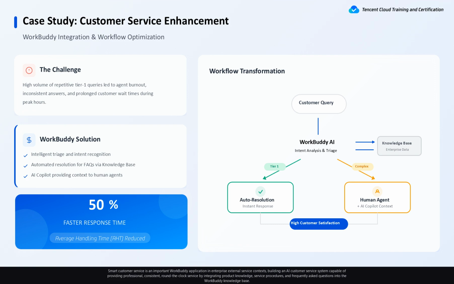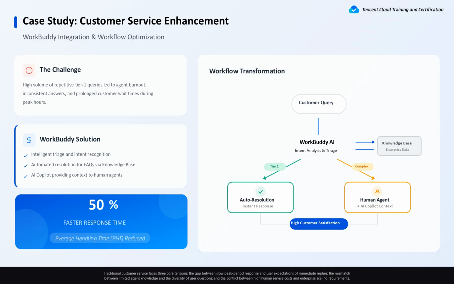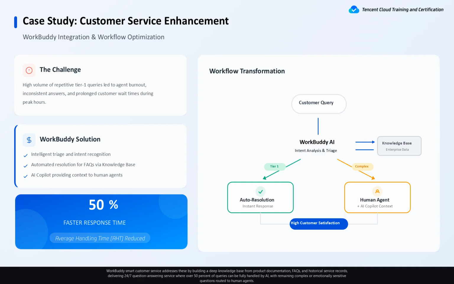Traditional customer service faces three core tensions: the gap between slow peak period response and user expectations of immediate replies, the mismatch between limited agent knowledge and the diversity of user questions, and the conflict between high human service costs and enterprise scaling requirements. WorkBuddy Smart Customer Service addresses these by building a deep knowledge base from product documentation, FAQs,